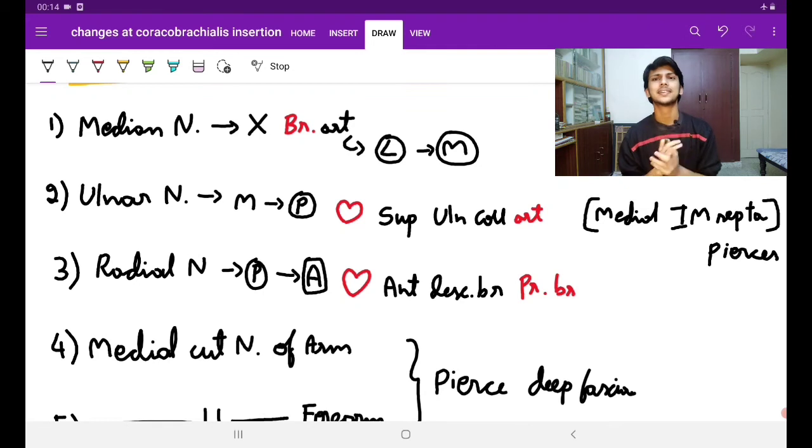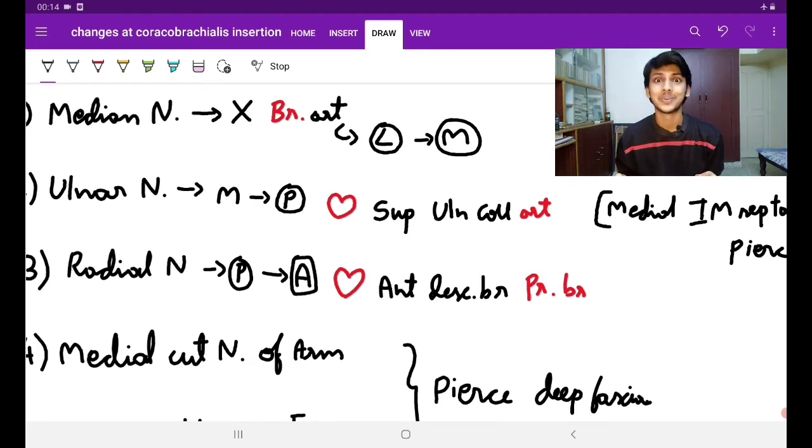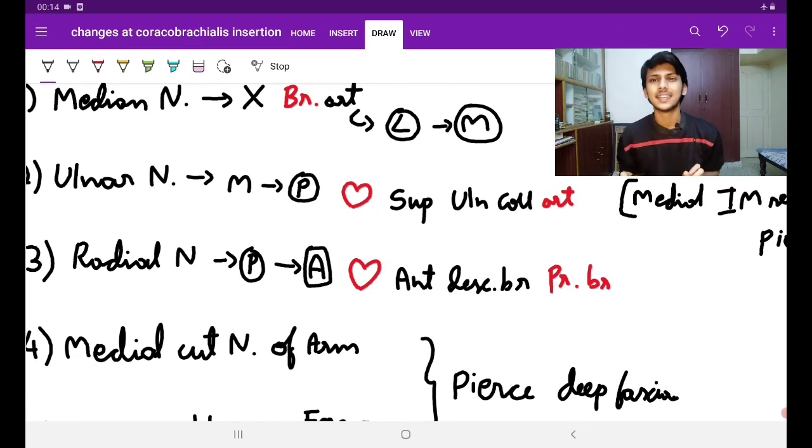Okay, now we have the ulnar nerve. What is it? Ulnar nerve is a branch of the medial cord of brachial plexus. We studied that now. Ulnar nerve has an interesting root value too. We had studied that, isn't it? Now, ulnar nerve, guys, see here. We just studied now. See here. This is the medial epicondyle and this is the ulnar nerve and the superior ulnar collateral artery.